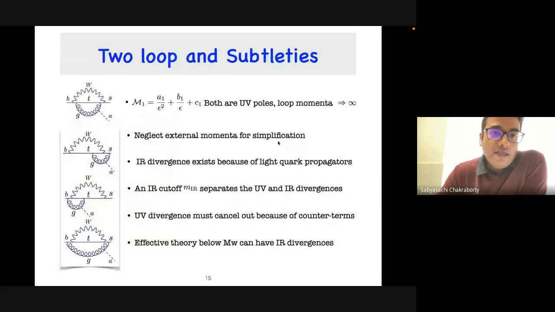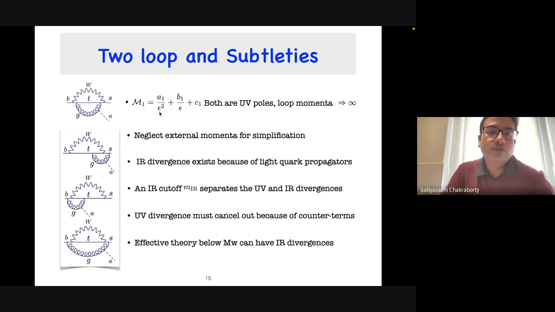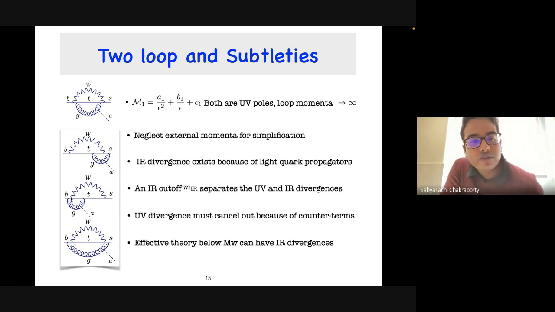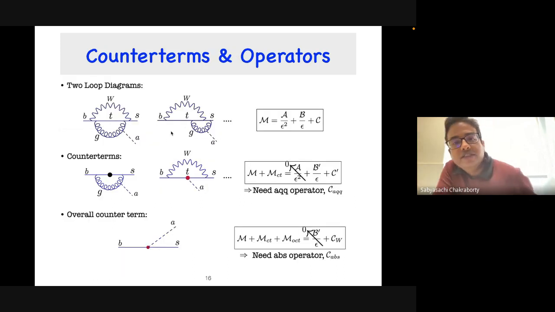Therefore, I need to separate out the UV and IR poles, and this we do by adding a fictitious mass in the light quark propagators. As I said, IR poles come from light quark propagators. Therefore, by adding a fictitious mass, you can separate out the UV and the IR poles. So the basic structure is, you had all the two loop diagrams. There are double poles, there are single poles, and a finite term. In order to